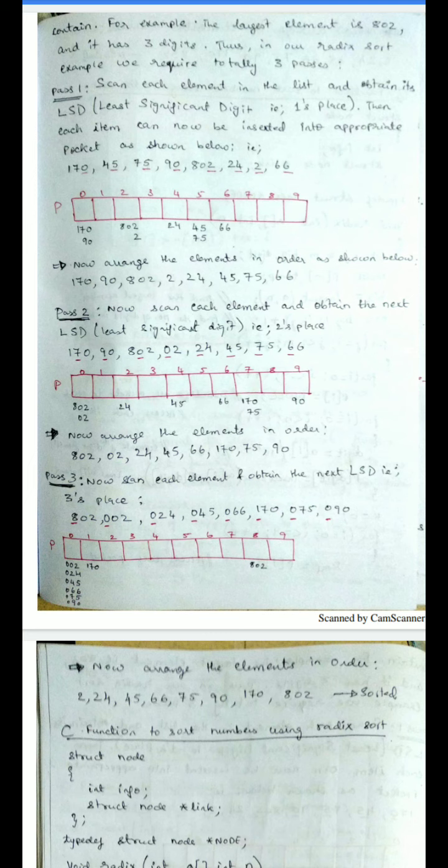This is how I perform the sorting operation, radix sort. In radix sort I select the length of the number, and based on that you go on selecting the digit values and arranging, and finally you have a sorted list of elements. In insertion sort, I go on shifting to the left-hand side. In radix sort, based on the digit value I go on rearranging, and finally I have a sorted list of elements.